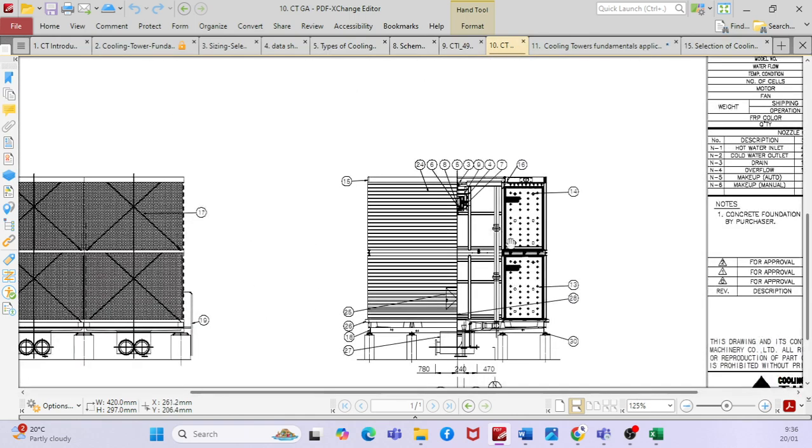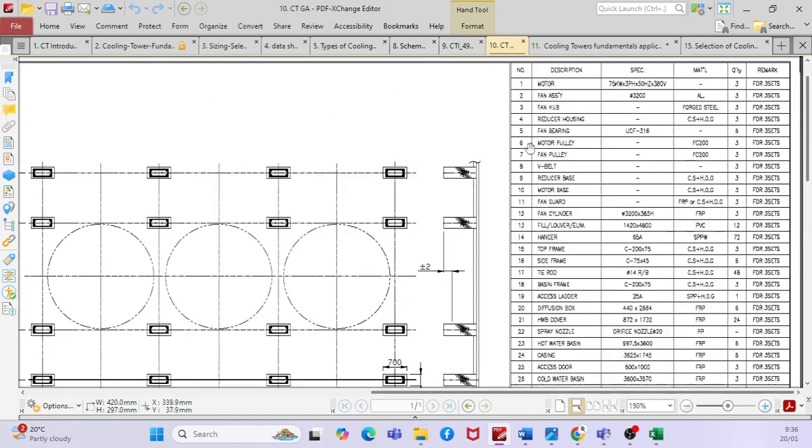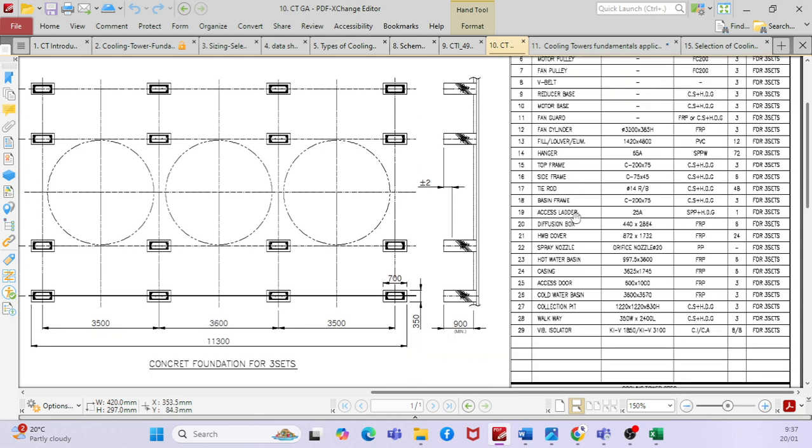All the components you can read here. This is basically the fill, and then this is the basin. Everything is here. If you go to this particular one, one is the motor, fan assembly, fan hub, reducer housing, fan bearing, motor pulley, fan pulley, V belt, then reducer base, motor base, fan rod, fan cylinder. Then you have a fill, hanger, top frame, side frame, then rod, basin frame, access ladder,